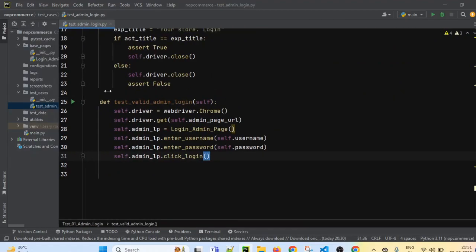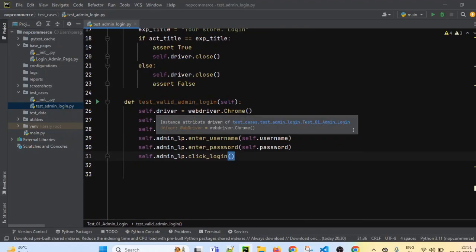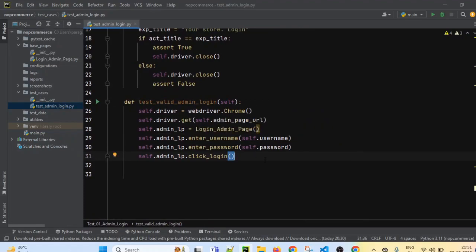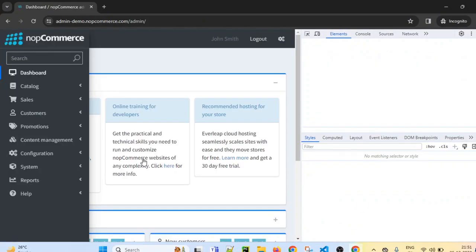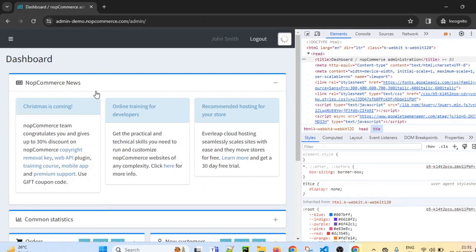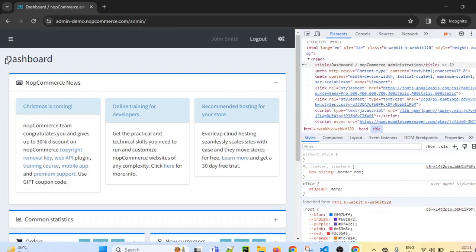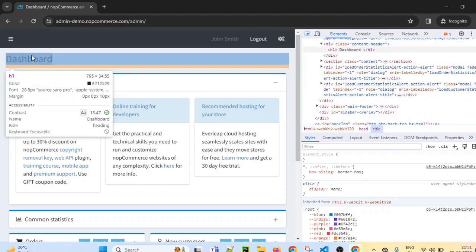So this is our test class. So we have written 2 test cases so far. It will click on login now. Now after login click, what we want to do is we want to add some checkpoint, right? So after login, we want to verify whether our test case is successful or not. So what we have to do, we are going to check if this dashboard text is present. If this text is present, that means we have successfully logged in. So let's try to identify this dashboard text.